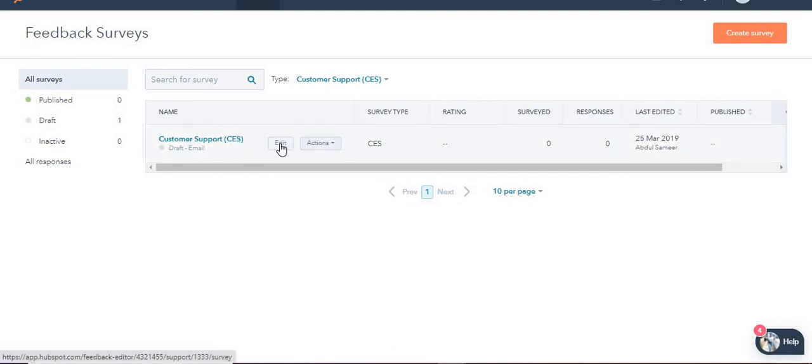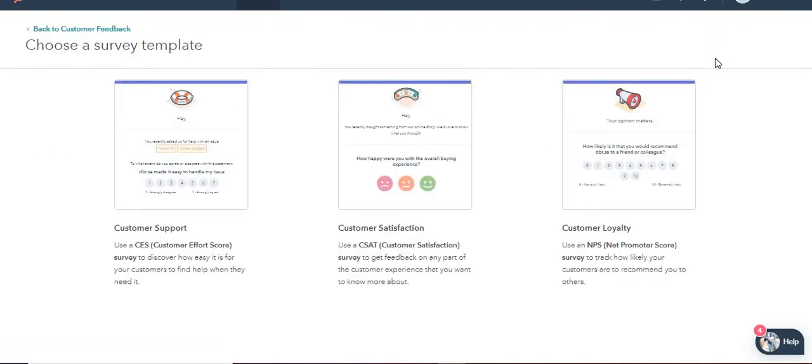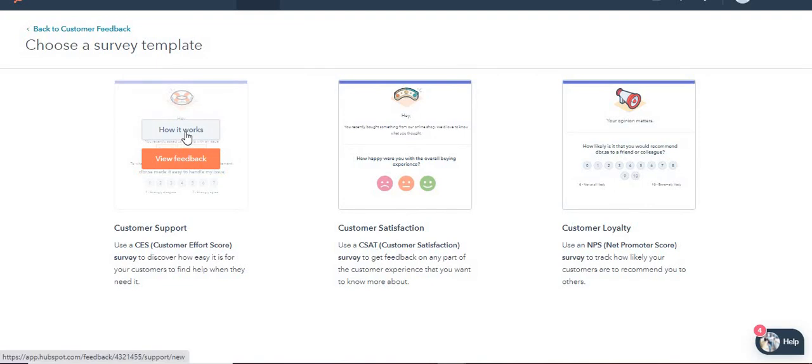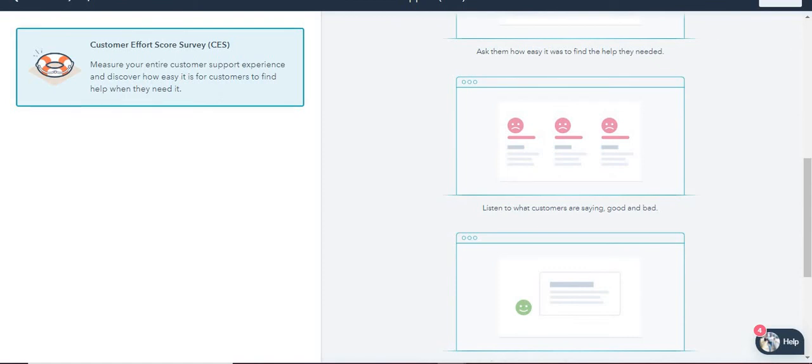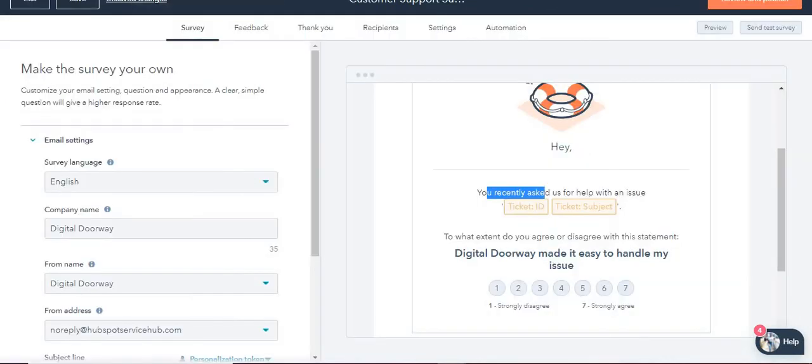So if I click on survey, you will see the CES survey, and you can click over here and check how it works. Just going back to editing the CES surveys, you will see a similar dashboard, which is survey, feedback, thank you, recipient, settings, and automation.